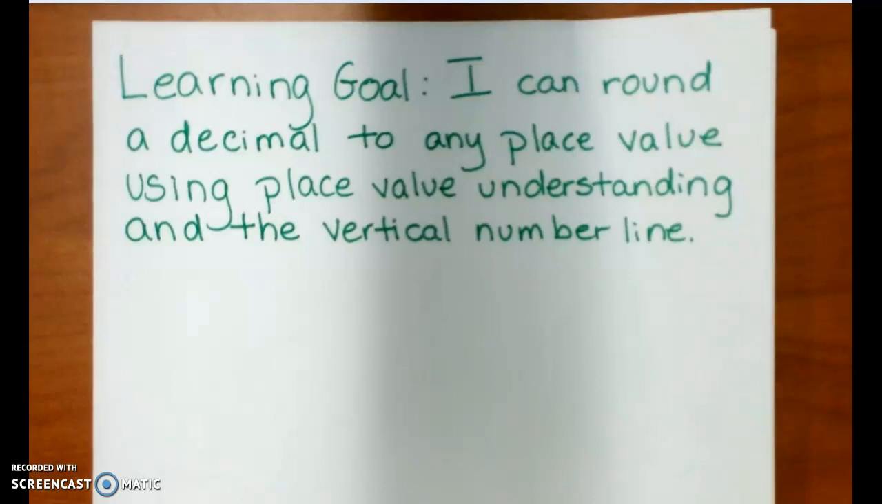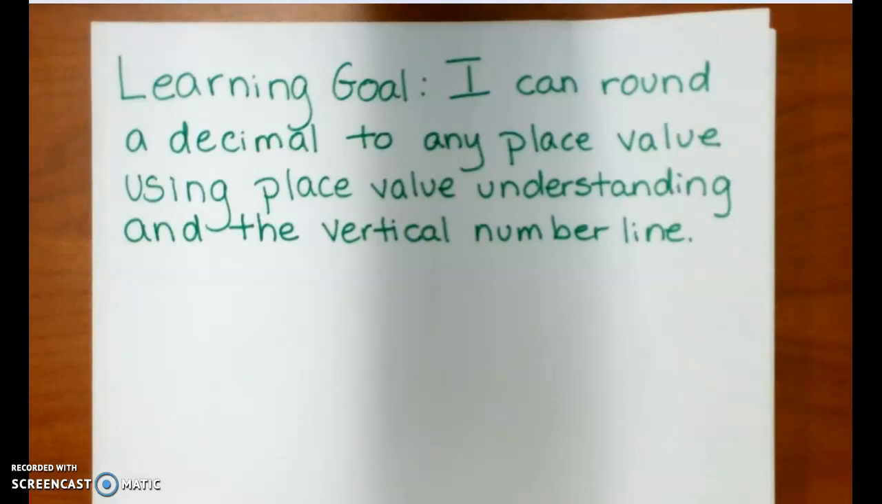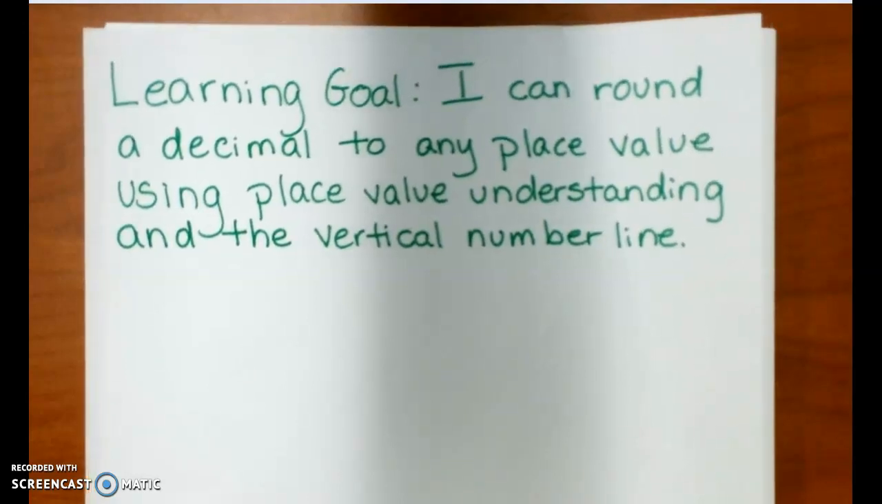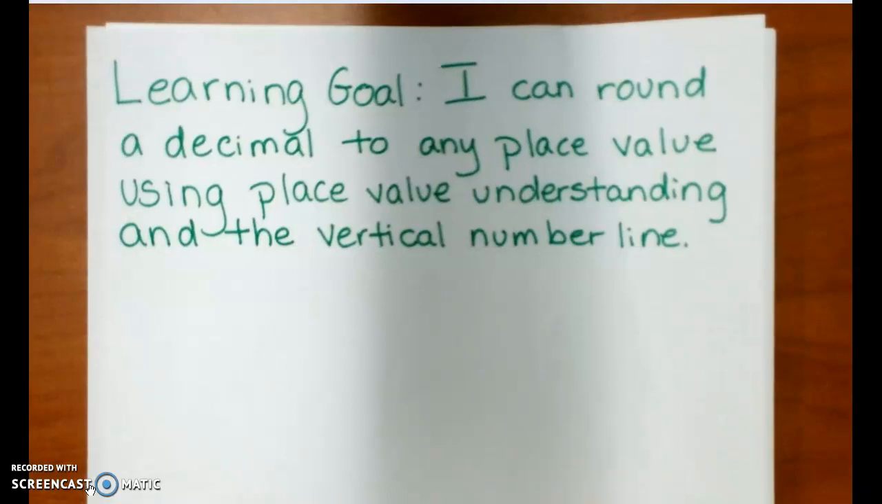Hi, fifth grade mathematicians. Today we're going to work on rounding decimal numbers. Our learning goal is I can round a decimal to any place value using place value understanding and the vertical number line. So we're going to use what we know about place value and a vertical number line to help us round numbers. The first number we're going to work with is